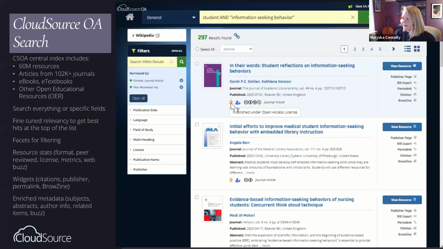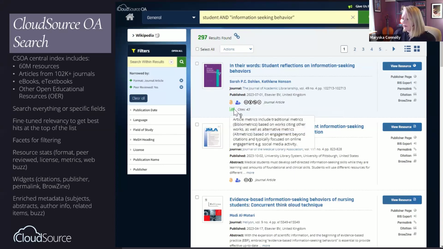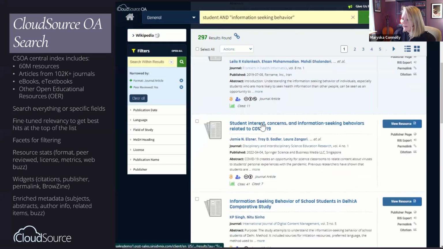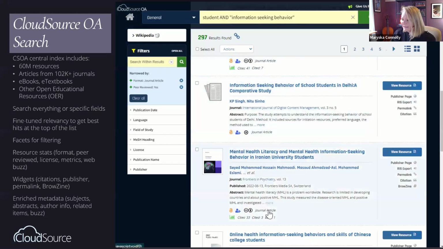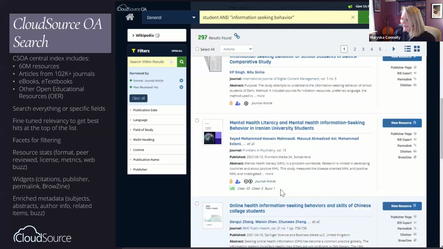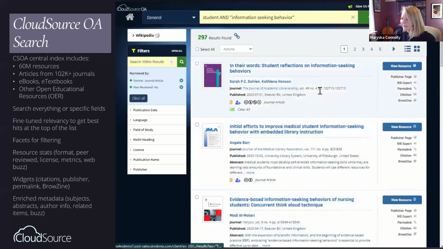You can see a lot of information about the resource at a glance. So it's open access, it's peer reviewed. Here are the Creative Commons license, any citations. Some of them have even got social media buzz, which can include news articles, things on X or Twitter, and if it's been talked about on the internet. I can go to the publisher page, I can export the citation. I've got a lot of options for how I might share this information, including